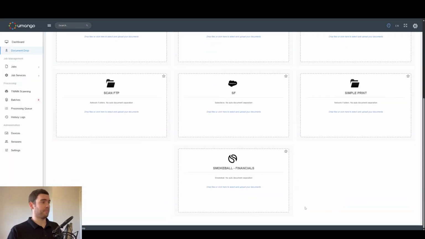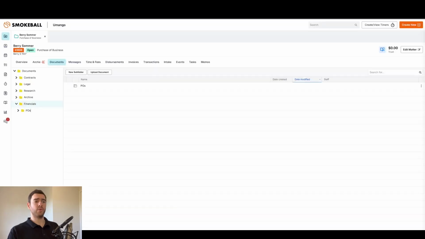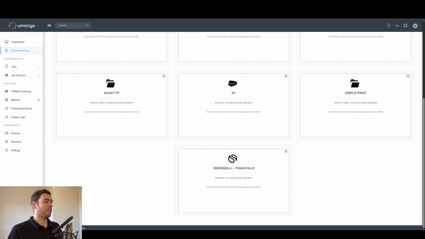head over to the document drop and see this in action. If we go to Smokeball just quickly, the matter that we're worried about is Barry Summers' matter. We want to get some files into her financials folder. You can see here she's already got a PO folder created. However, we don't have an invoices folder just yet. So heading back to Umango,